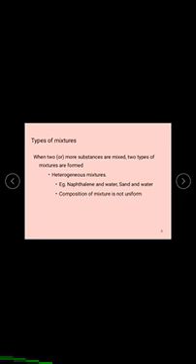This composition of mixture is not uniform, means it does not contain the same physical and chemical properties in any part of that mixture. The components are identified individually and are separated. Next classification is homogeneous mixture. Example for this is salt and water, sugar and water.